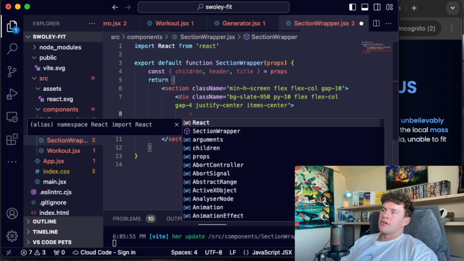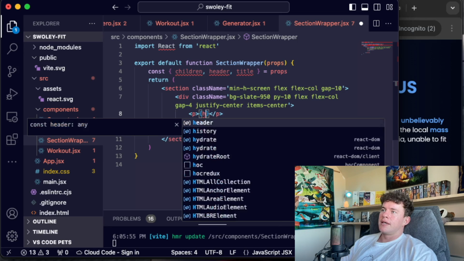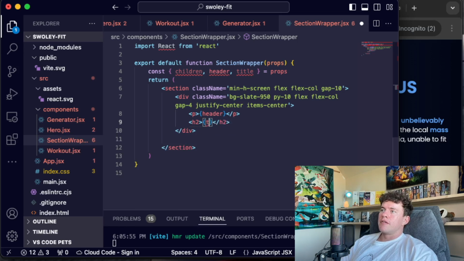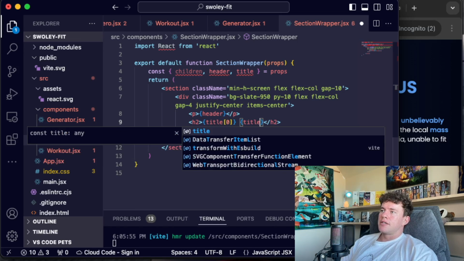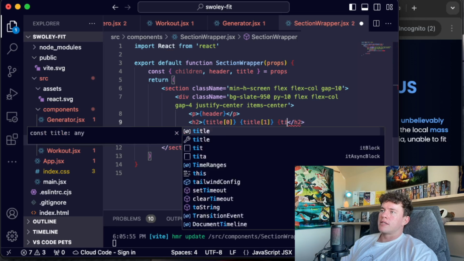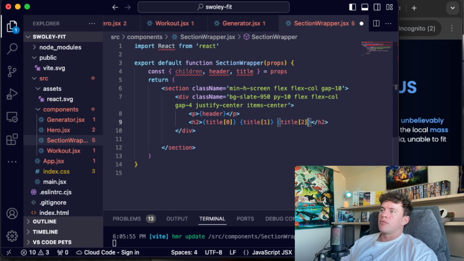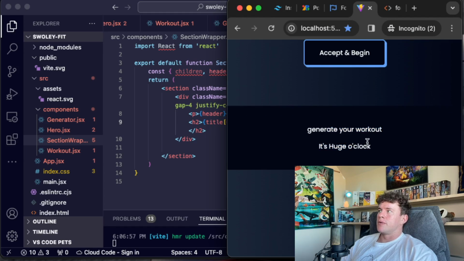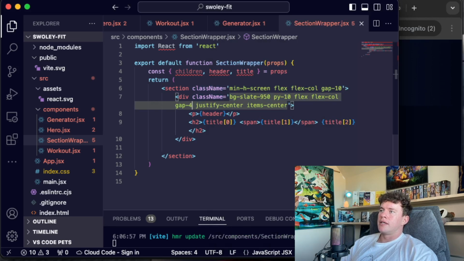Inside of the div, this is going to have a paragraph tag which has the header, and then underneath that we're going to have an h2 tag, and for this one we're going to have title 0 space title 1 space title 2. Now the reason I'm doing that is so that I can put the central title inside of a span so that we can color it differently and give it some extra styles. But if I paste that, we can see that that's showing up there just the way that we would like it to. I might drop this gap down to a 2,